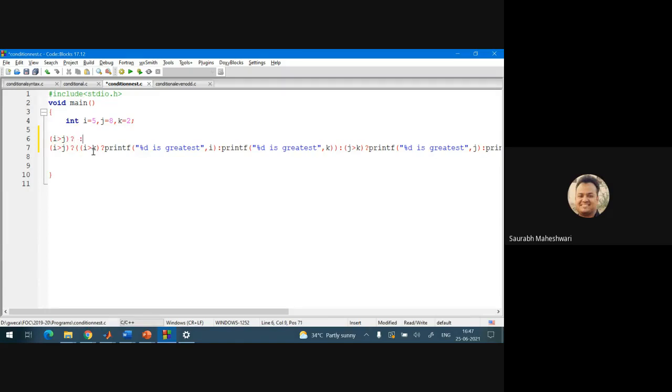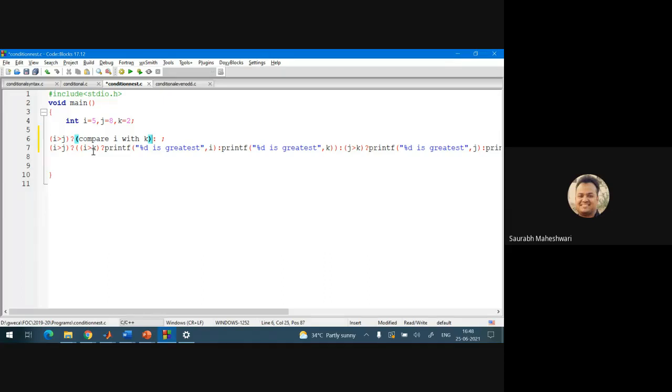Now, there will be a true part and there will be a false part. Now when you come inside the true part, i is greater than j, means in this true part, if we compare i with k, then our condition is solved. So I will just place a parenthesis, and inside this parenthesis compare i with k.